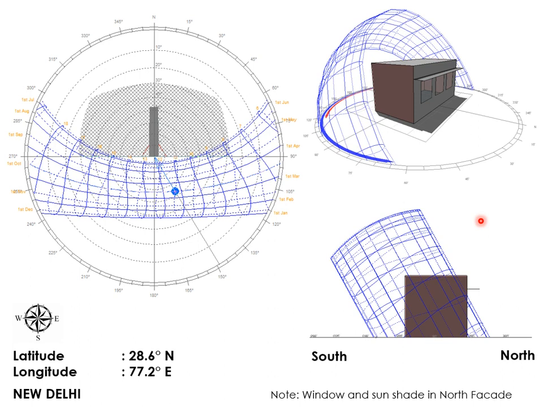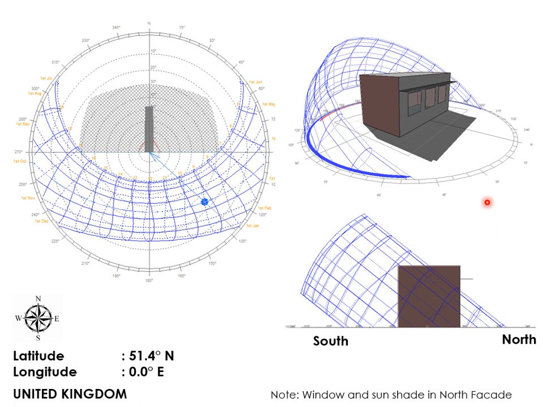And if you go to New Delhi, it's at 28.6 degrees north. Again you can see the three-dimensional sun path, so you can understand how the sun path is going to affect the building and what direction it is going to affect, whether it is going to affect the roof or the southern part or the western part of the building. You can see the tilt, so you can understand during summers which part of the building will be affected in terms of the stereographic drawing and also the three-dimensional drawing.